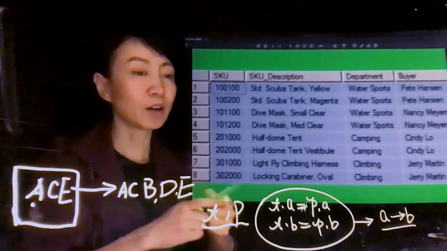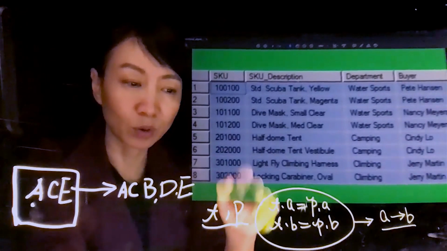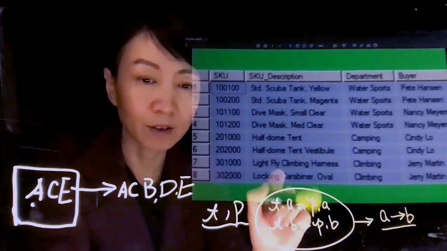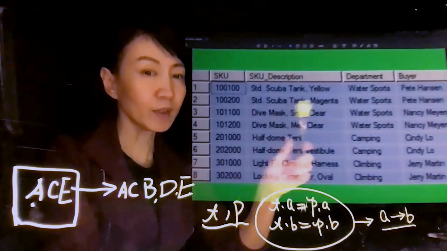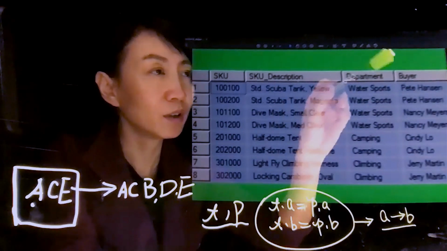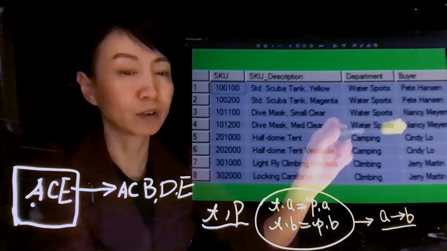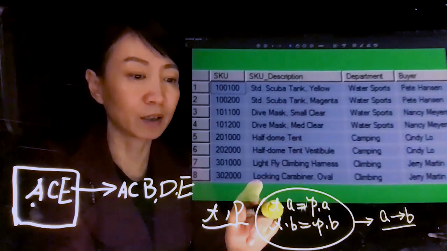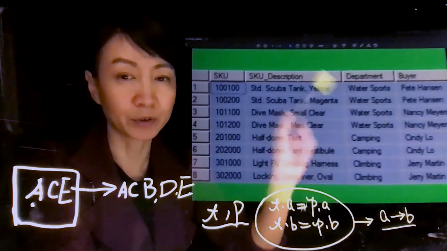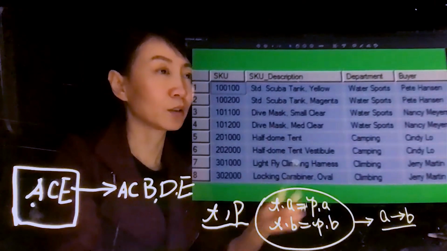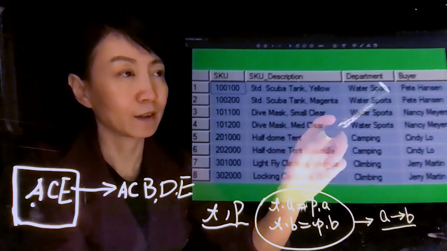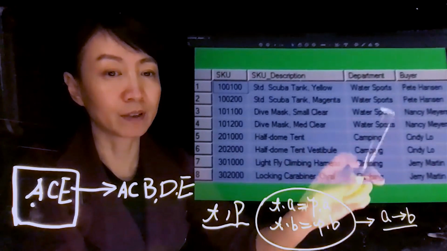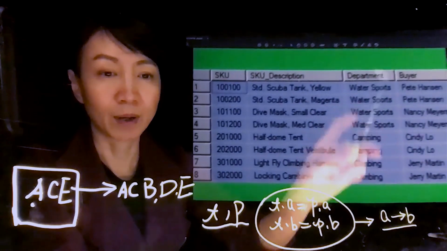Now let's say, do we have any 2 attributes that meet this condition? Let's look here. We do have department and buy. You notice these 2 columns contain many identical values, the same values. So let's check department. We can see the first 4 rows all have the same value for department.